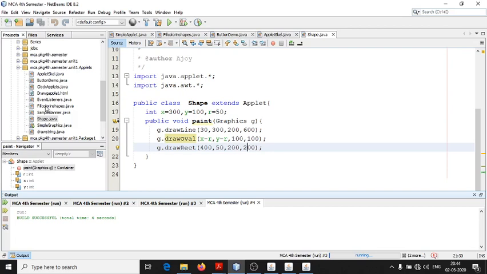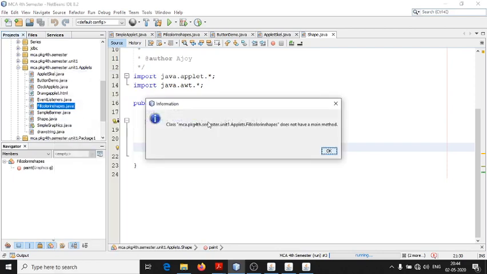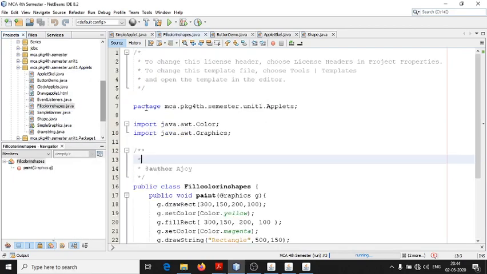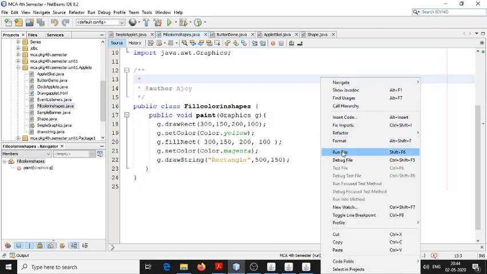We can also fill colors in the shape, exactly the same way by using g again. That g is an object of Graphics. So fillRect is going to fill the rectangle with these colors. Here I am setting the color first with g.setColor and then filling the rectangle. Similarly, g.drawString draws the word rectangle, but the color will be magenta. So if I run this,